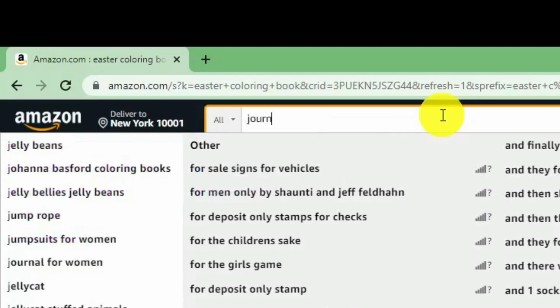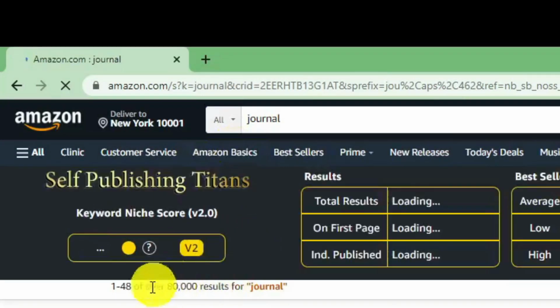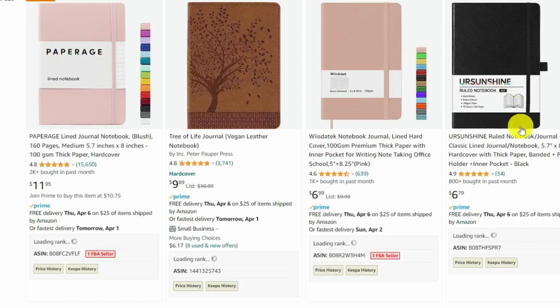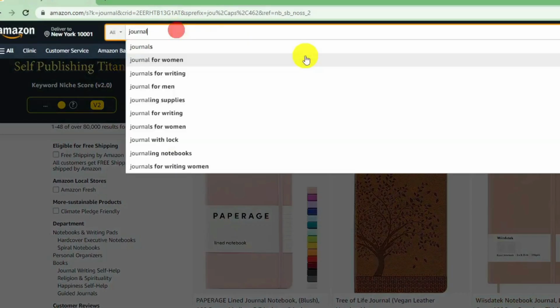Like I said, if we just type the word journal, obviously 80,000 results come back from Amazon. Look at these journals on the front page. They're not independently published. They are beautiful, wonderful books that have been made by a company. So that's not our competition. So if we want to make a kids journal